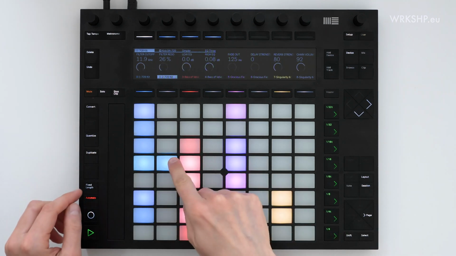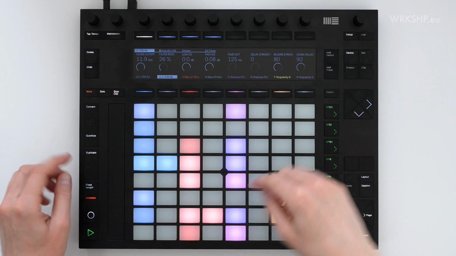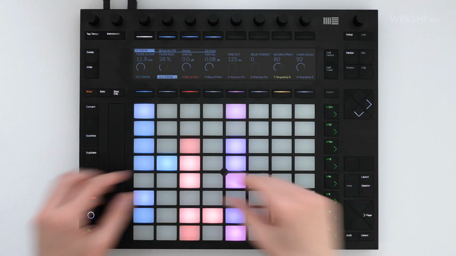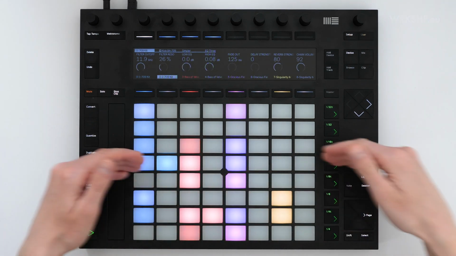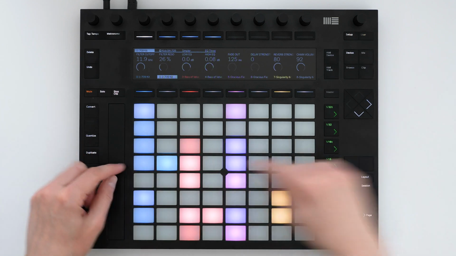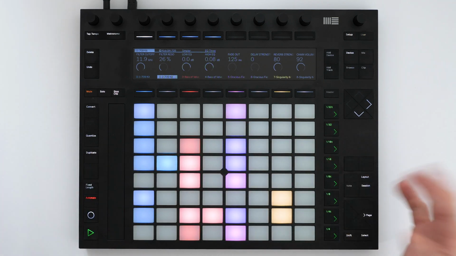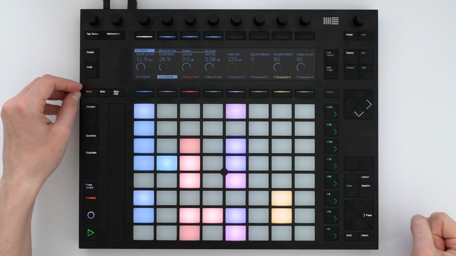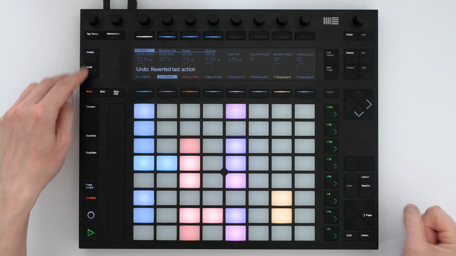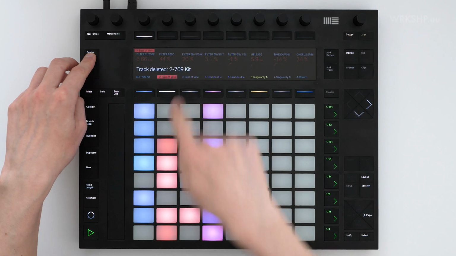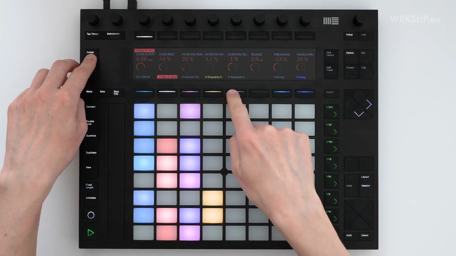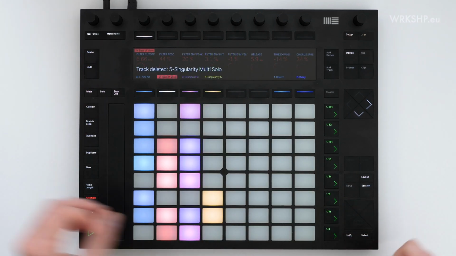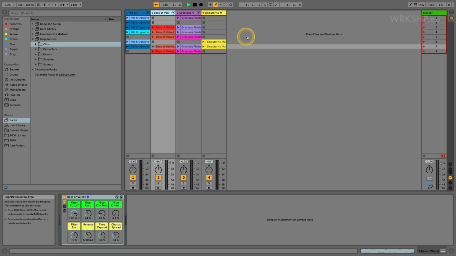I can copy this one here. I know that it used to be there, and I can then put a different one in its place and listen to that instead. So if I launch this whole scene, I will hear this with this drum instead of that drum. Can be a little trick to work around the limitation of the number of scenes. I will undo that and I will delete these tracks. And we should be back to normal. Just zoom back out of Ableton Live.